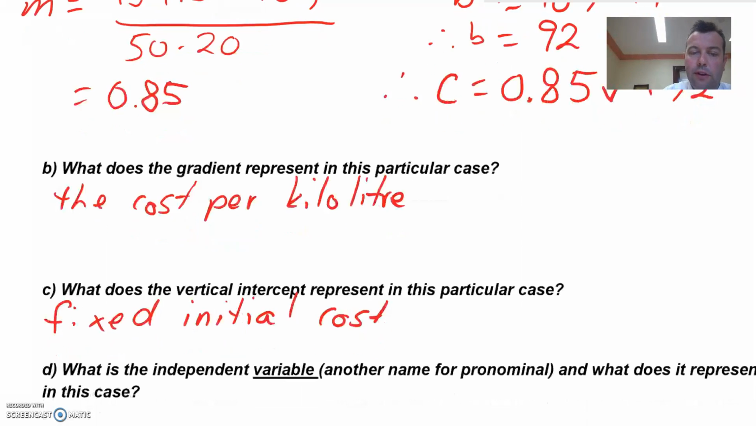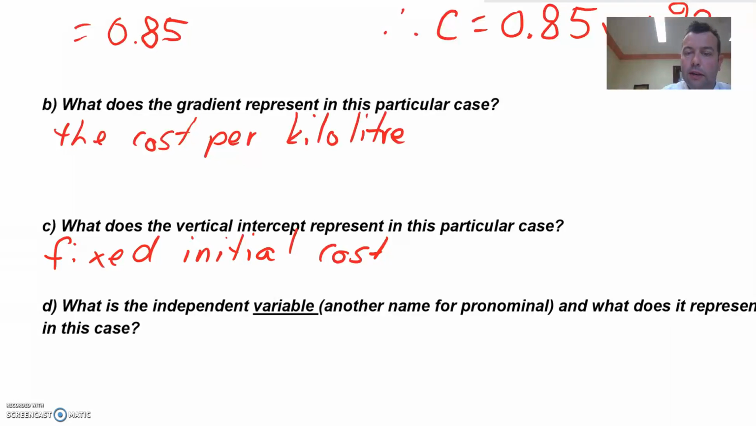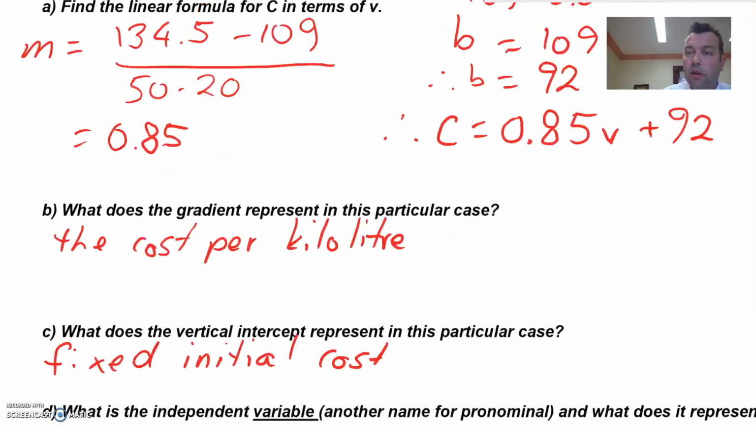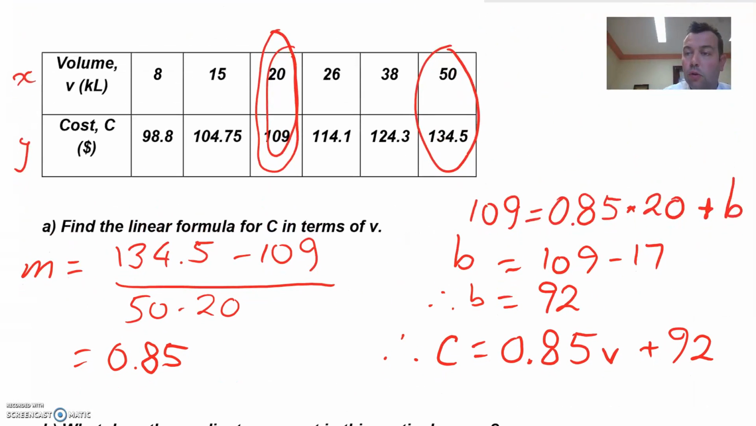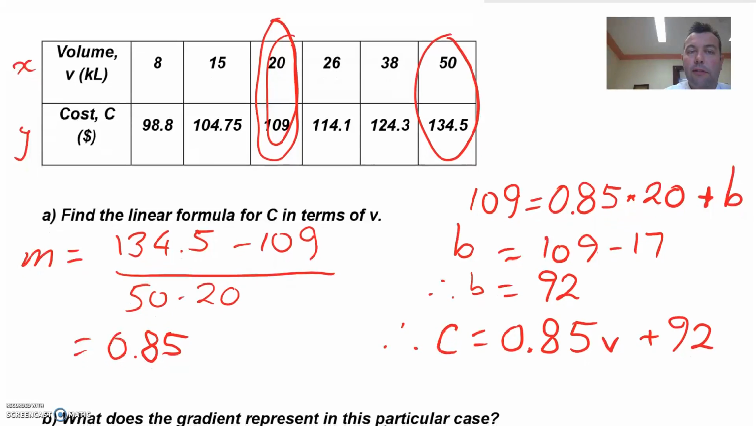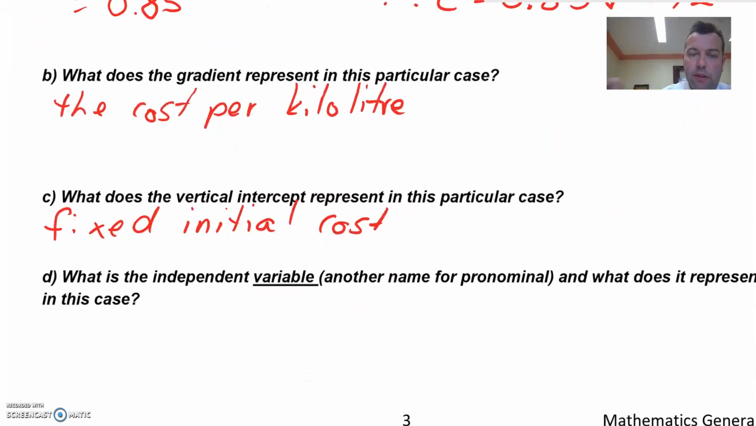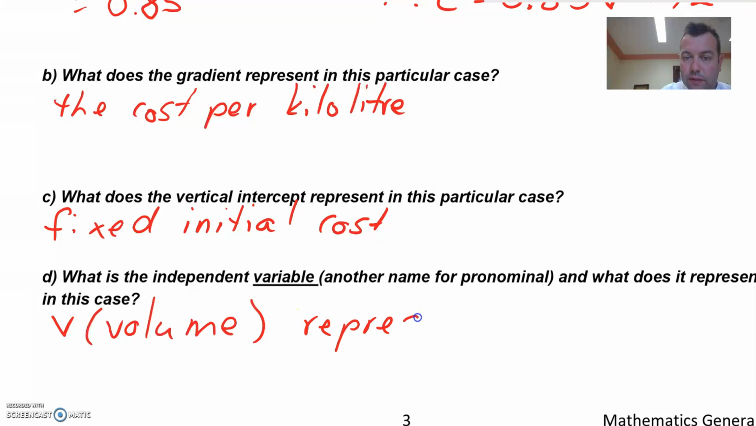And finally, before we end this video, what is the independent variable and what does it represent? We've talked about this already. Dependent, independent, almost always the top line is going to be our independent variable, which is our volume, V, which represents the number of kilolitres